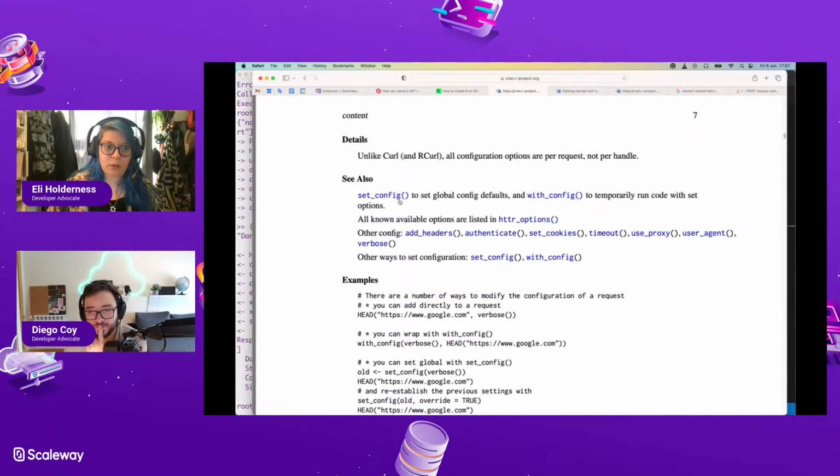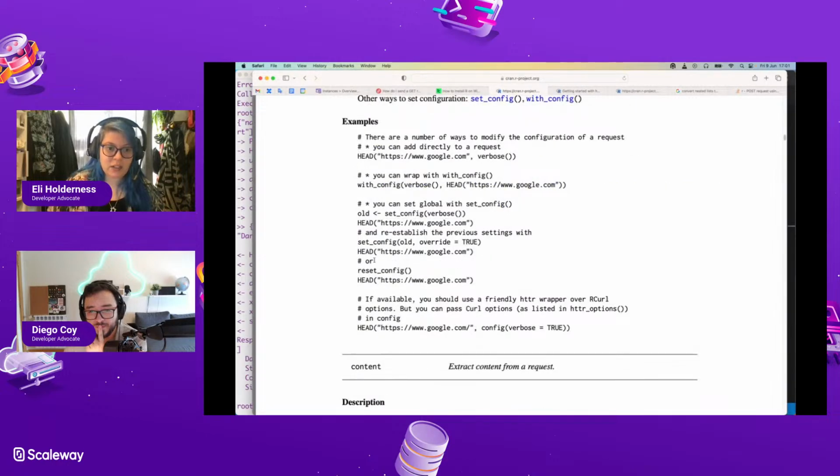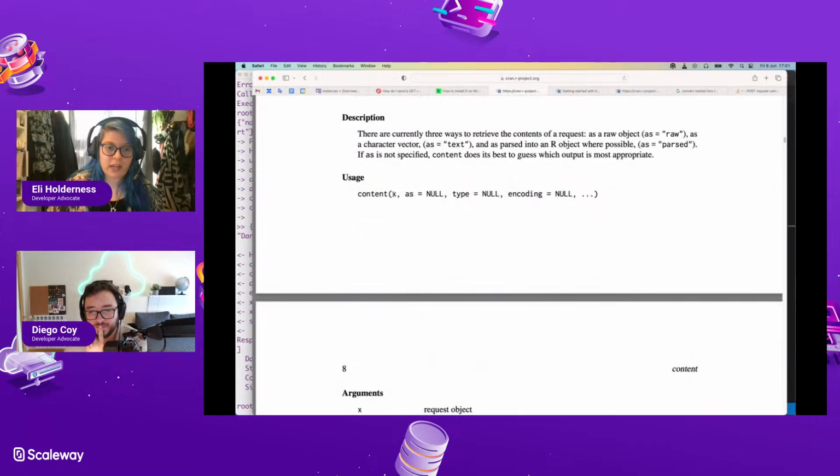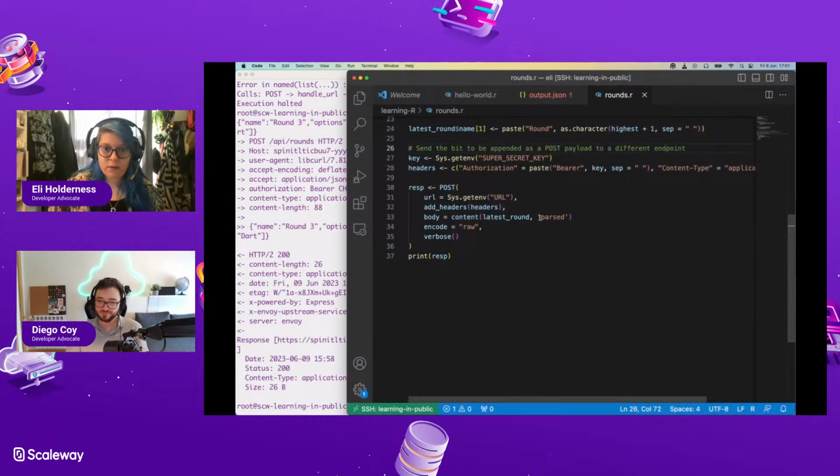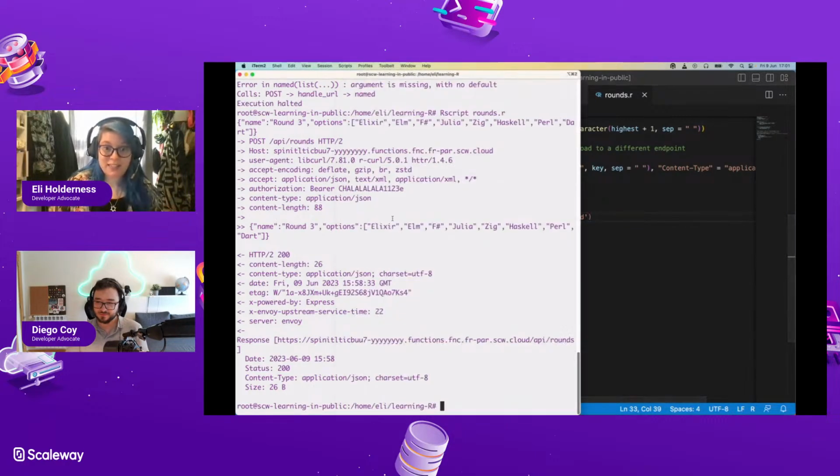Content. True. So head is that. I don't care about head. Content, that, encoding. Other parameters passed as equals parsed. Right. So as equals parsed here. Now let's see if this works.